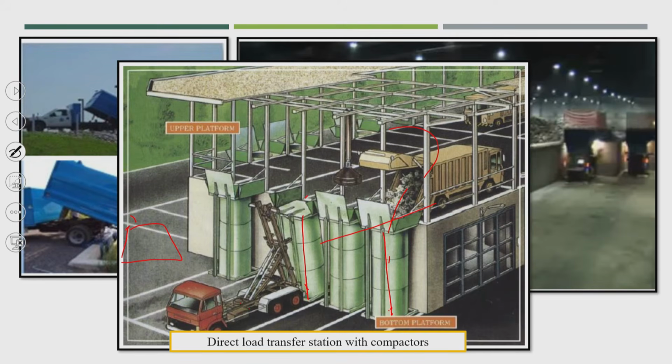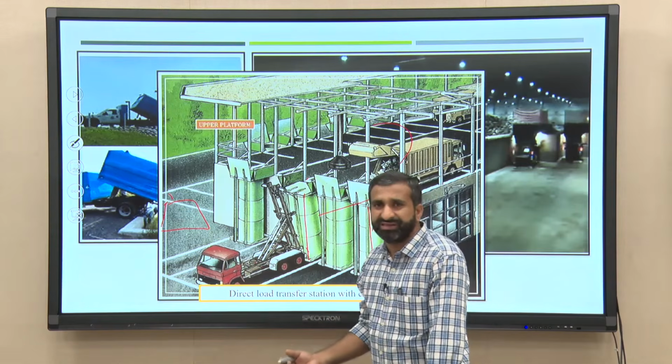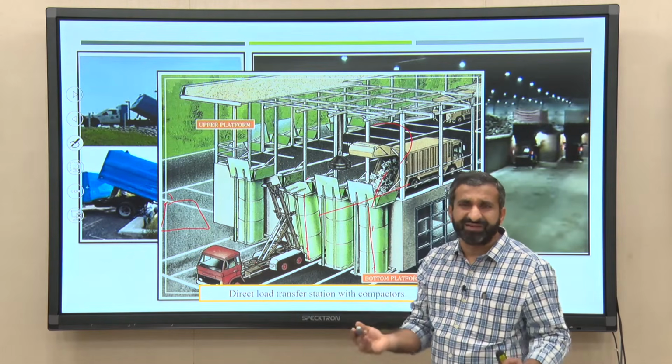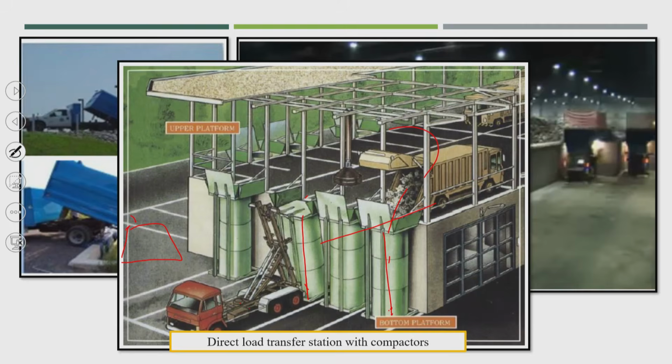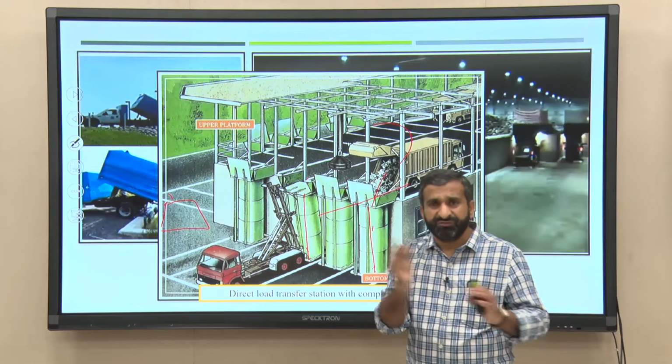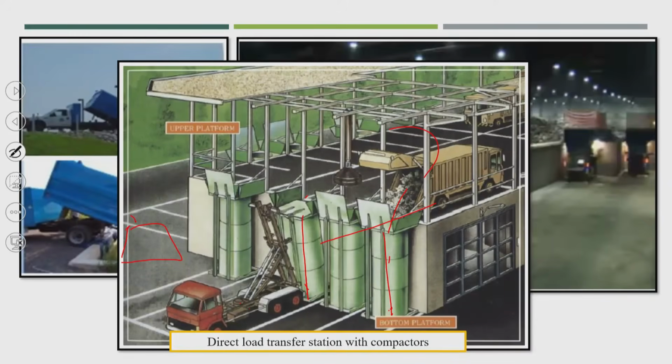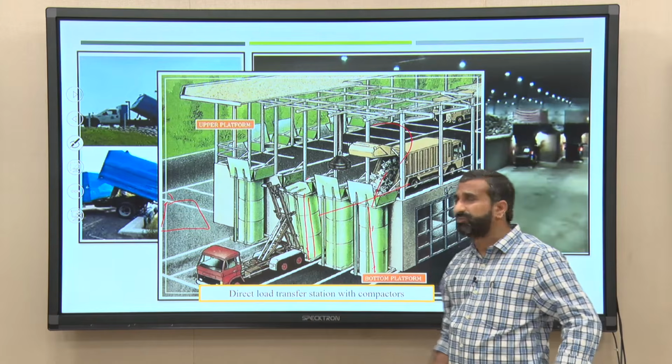Okay. So, in the direct load facility, suppose you are not planning for any segregation or any recyclable matter, so directly this waste will get deposited into the larger vehicle. If you are not planning for a compaction facility, you need not go for compaction, especially for wet waste. If wet waste is getting deposited into this container, you do not require any compaction facility, that is also possible.